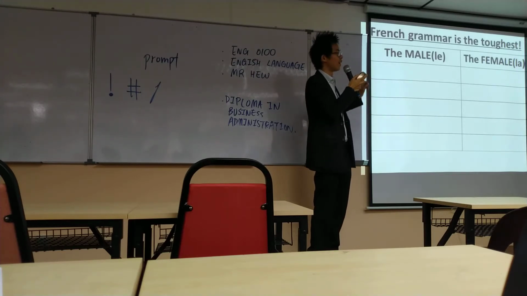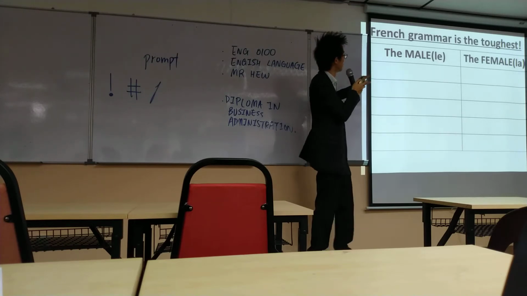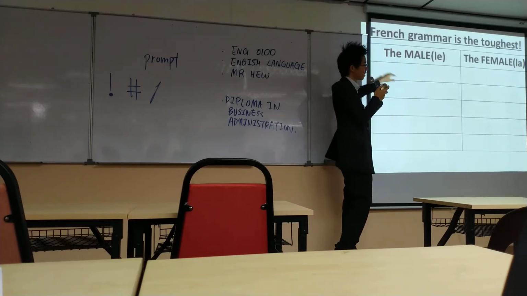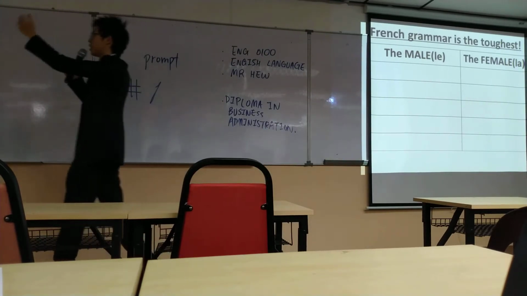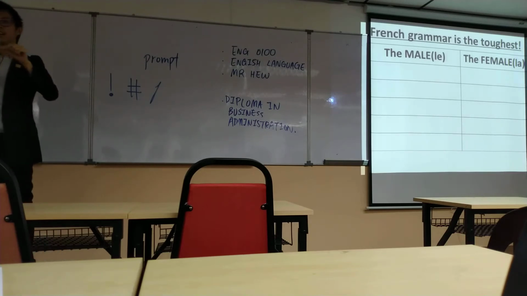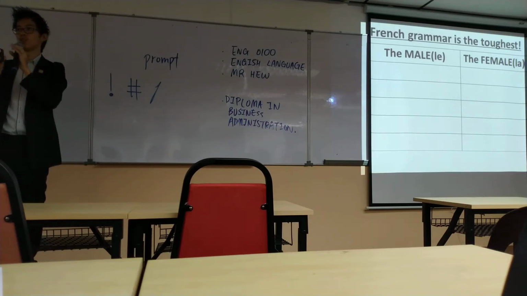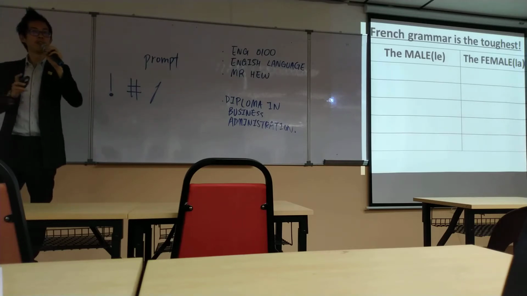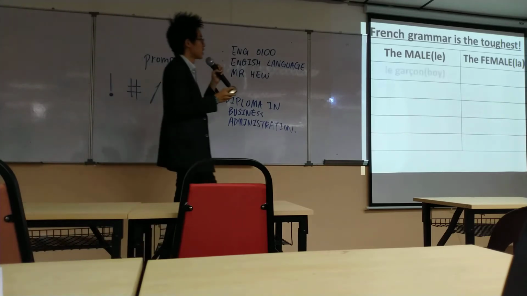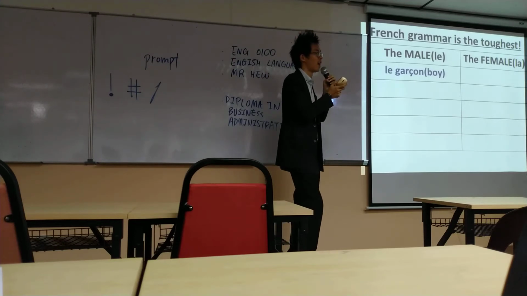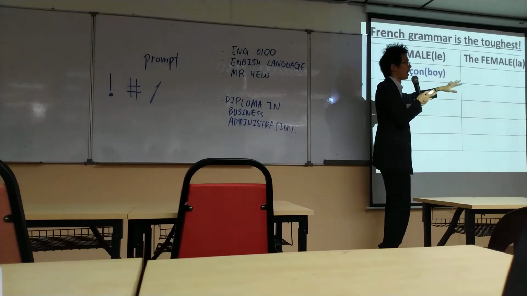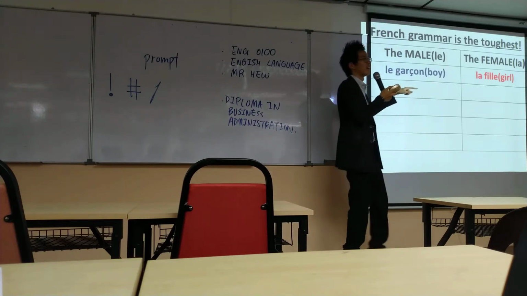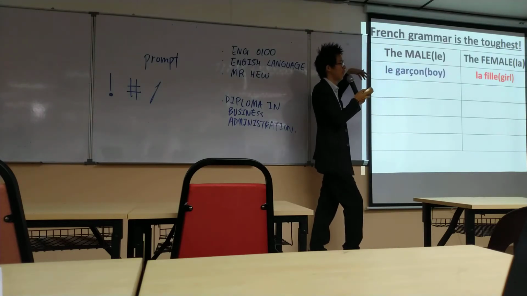Okay, he said that French is very hard to learn because of the word "the". We say this is the table, this is the chair, this is the whiteboard, this is the screen. In French, the word "the" is differentiated into male or female. For example, for male, the boy, in French you call it les garçons. If the word is female, we call it la. That means the girl in French is la fille. Okay? I don't need you to jot down, I just want to give you some extra knowledge about it.